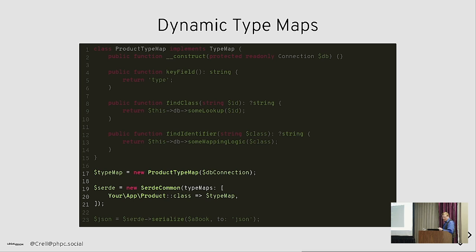And then we create an instance of that. You can wire this up in your DI container. And then when you create Serde, you actually pass it for a product type, use this type map. What's this logic doing? I don't know. It's up to you. Symfony Serializer cannot do this. This is something we needed. I'm not even sure if Rust Serde is able to do this one. I haven't seen it, but I could be wrong. It does do a ton.